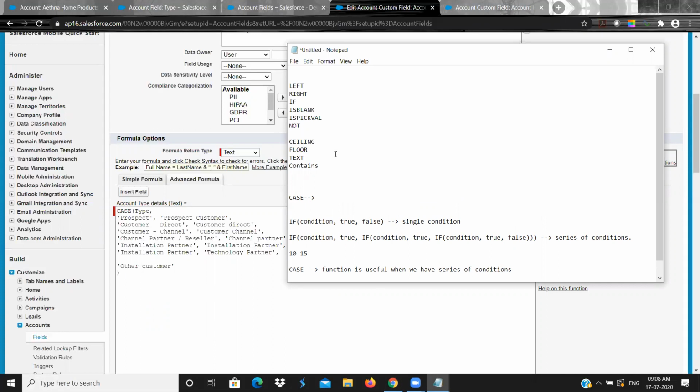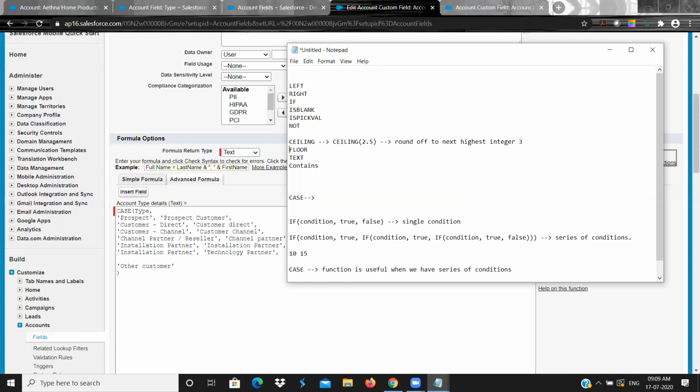CEILING means you know, right? Ceiling is top. If I give CEILING of 2.5, it will round off to the next highest integer. The next highest integer is 3.